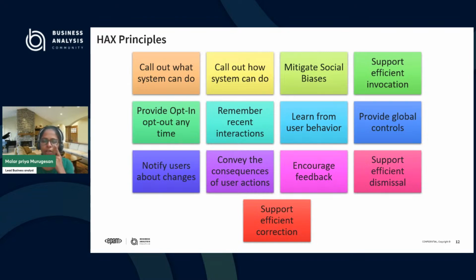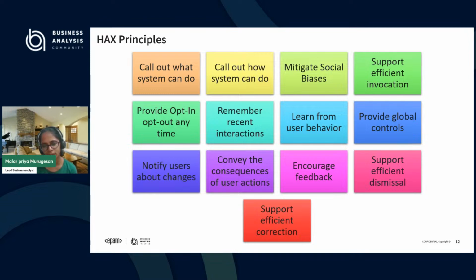For example, if you go to ChatGPT and enter some questions and it is giving you some results, you notice there is a message at the bottom saying that it is just generated by ChatGPT and they won't give you any promise of correctness. It is up to you to evaluate the correctness. And they are also stating that this data is 2021 old data. So they are giving all this information to you. Why? Because you need to understand what the system can do and what it cannot do. So you need to call out all this in your UI.